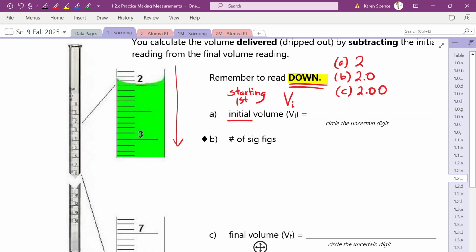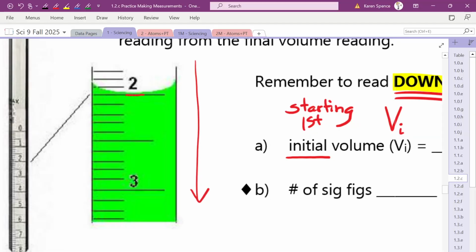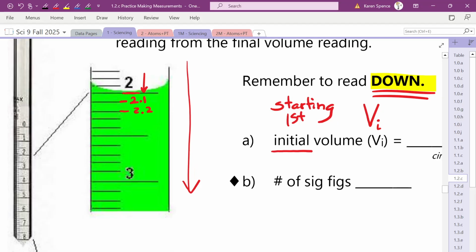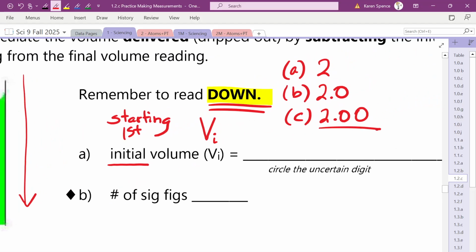Okay, so let's take a look at our burette here. This is 2 right here. What is this line here? That is 2.1, and the next one is 2.2. And that means that we are sure about our first decimal place, which means we don't go to 1 decimal place, we go to 2 decimal places. So it's going to be 2.00. So we would say V i is equal to 2.00